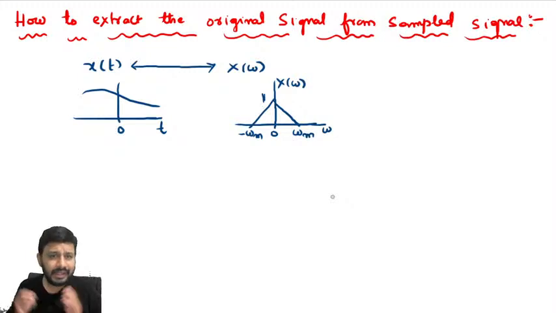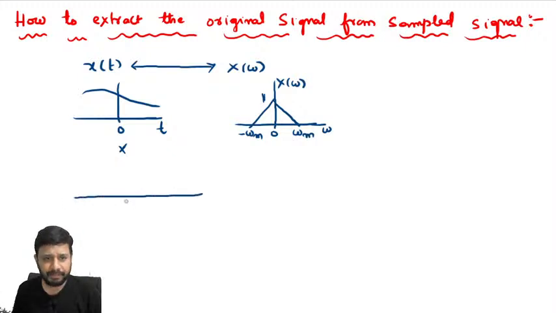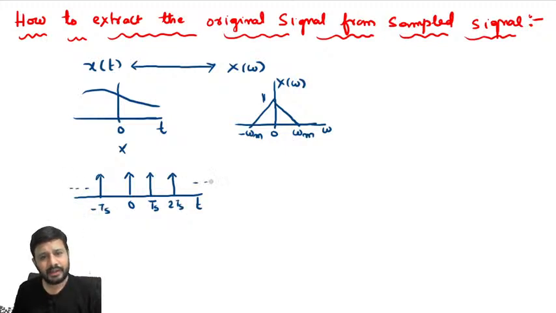After that, what we did in the story of sampling, see, we multiplied the signal with impulse train. If you want to sample in time domain, what we will do? Simply multiply with impulse train. How does an impulse train look like? Impulse train in time domain will look like this. So in order to sample a continuous time signal, we have to multiply with impulse train, right?